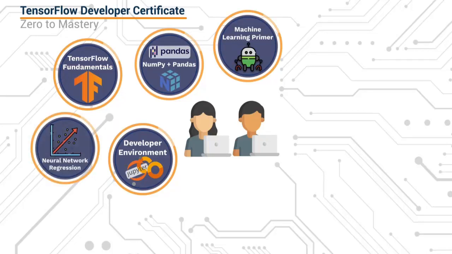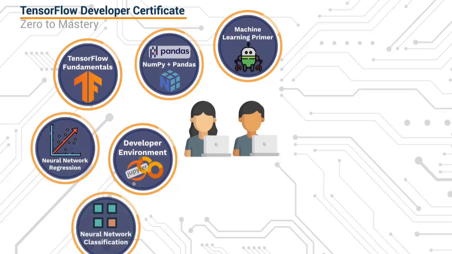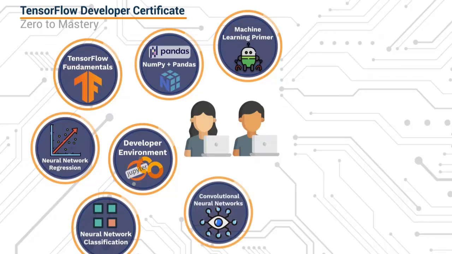Then we're going to dive into the idea of neural networks. We're going to start off with regressions, then get into neural network classification with TensorFlow. It's going to be a ton of fun. It's going to be very practical. And then we get into something super exciting, and that is computer vision and convolutional neural networks. We're going to learn how to use real-world images with your computer vision models and learn how to solve different kinds of computer vision problems. It's going to be a ton of fun.